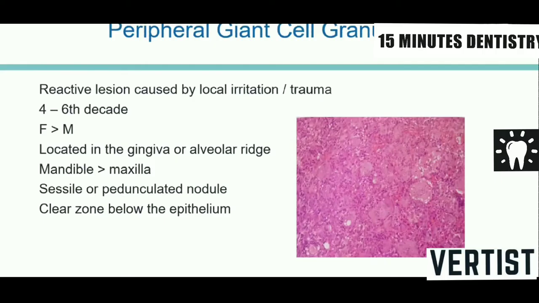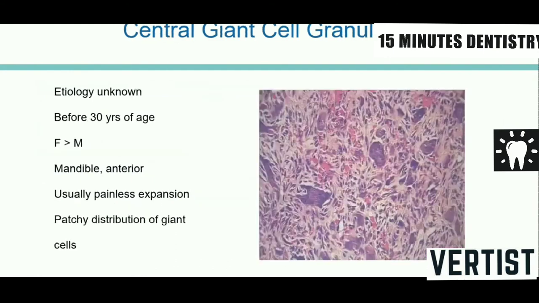Histopathologically, it characteristically will show epithelium. Juxtaepithelially, there will be a clear band of normal connective tissue. And then the tumor mass, which predominantly shows a granuloma background, which is sprinkled with multinucleated giant cells and a lot of hemorrhagic areas. An intraosseous counterpart is the central giant cell granuloma.